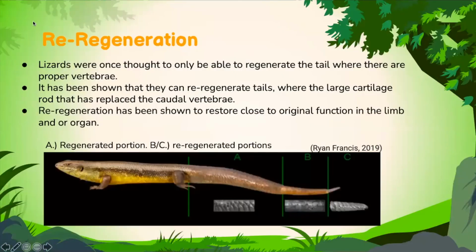And so some lizards are actually able to regenerate parts of their tail. It was once thought that they could only regenerate where it was dropped, where there's a proper vertebrae. But it's now been shown that you can regenerate based in areas where it has been dropped already. As you can see in the picture, part A is the first regeneration, then in B you see that it's a second regeneration, and then in part C, that's a third regeneration. And it gets smaller, but it also becomes more smooth and scale-like